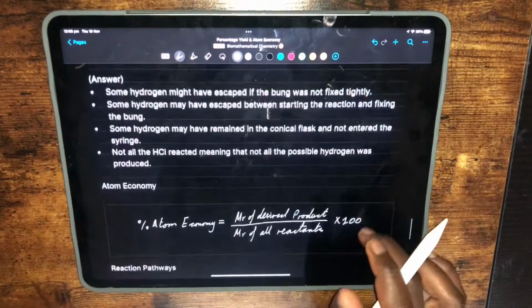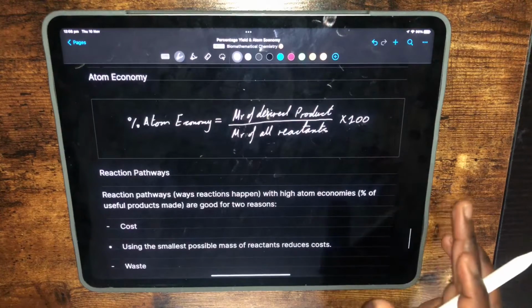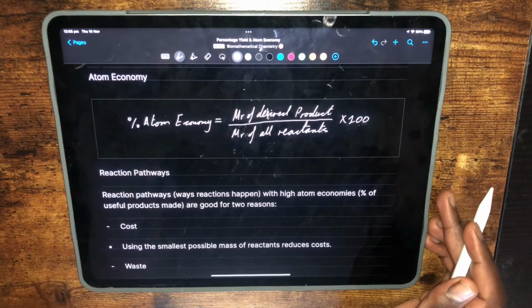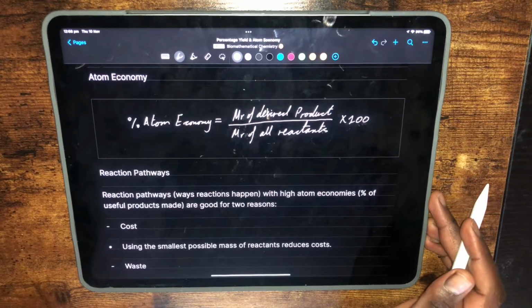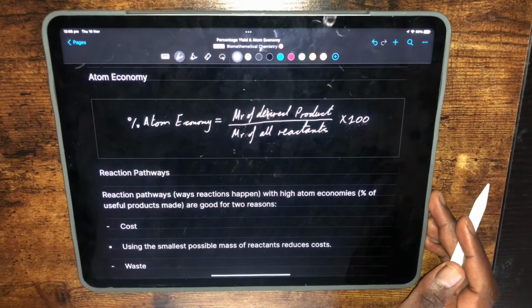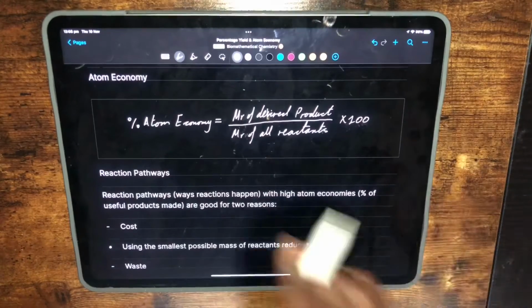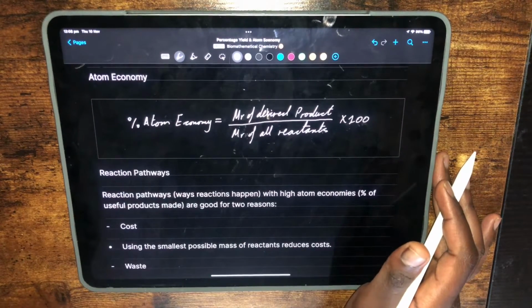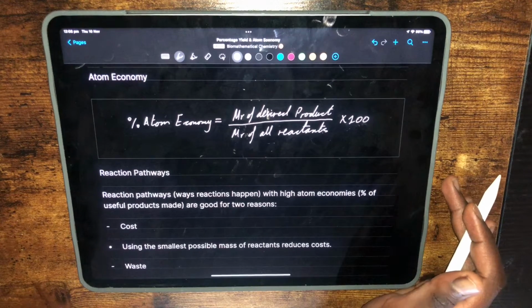Alright, so now we're going to go on to the next part of the video, which is about atom economy. The percentage atom economy is the Mr of your desired product over the Mr of all your reactants, times by 100. This is telling you how economical your reaction is. So if you're trying to produce a certain product,